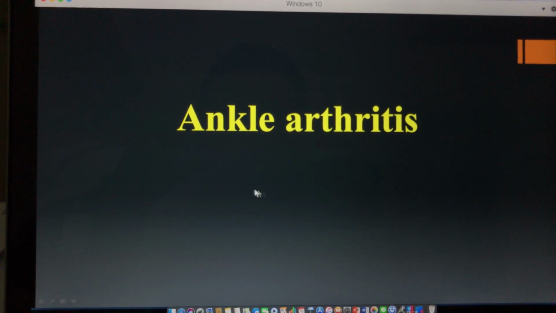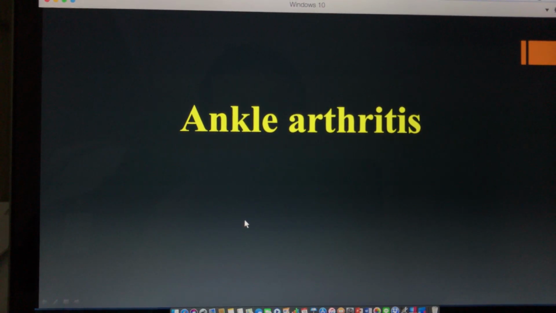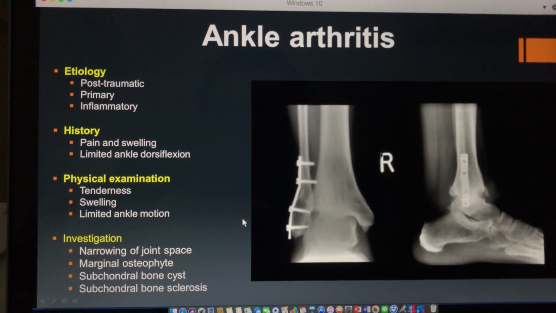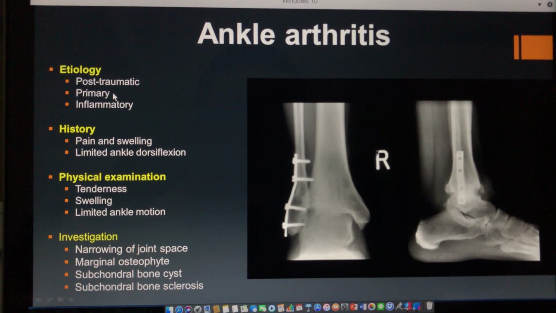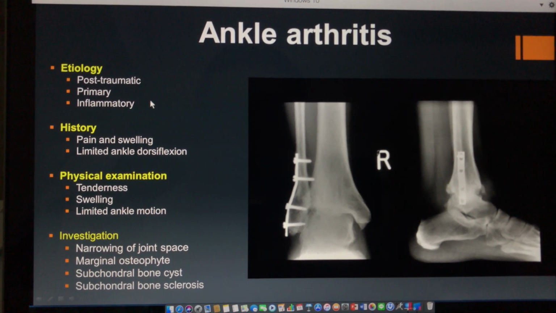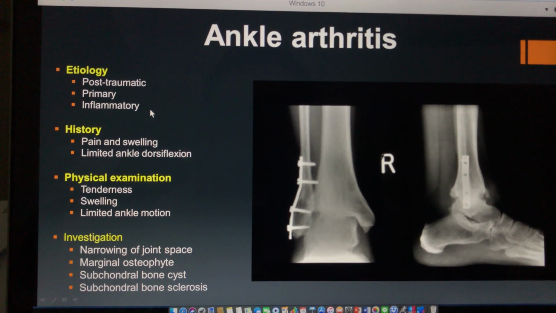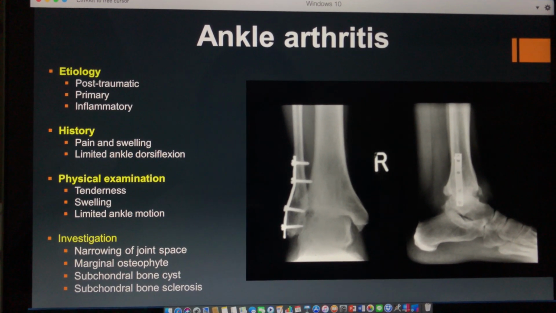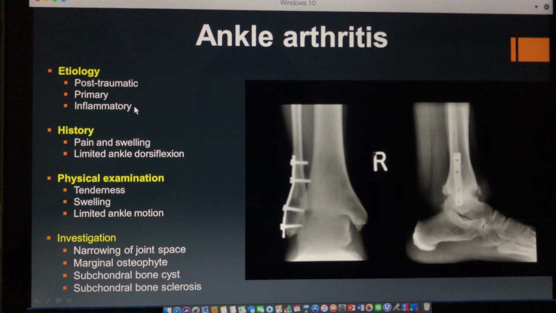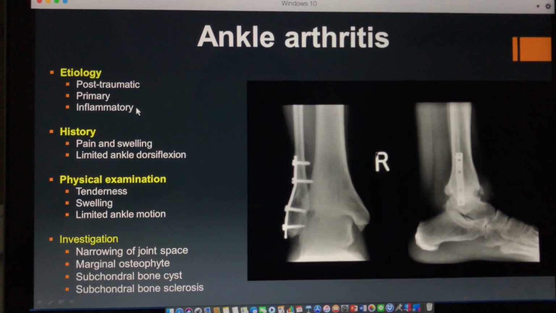So the next problem is what we call ankle arthritis. Ankle arthritis can happen from post-traumatic or primary ankle arthritis, or inflammatory joint disease such as rheumatoid arthritis, or sometimes it can occur after long-standing hemarthrosis, like in patients with